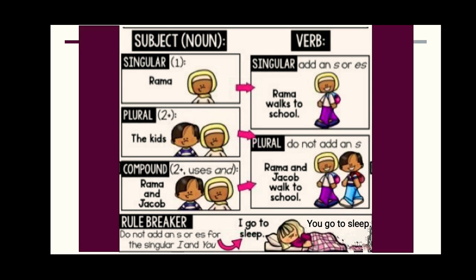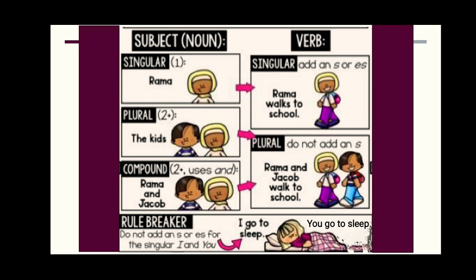Now look at the second picture. In the second box, plural. Now we have two kids here, the kids. So for plural we have a rule that we do not add an s in the verb when we say something in present simple tense. So if I have to give you an example of this, I can say that the kids walk to school. I would not add any s in walk. Or you could see one more thing here